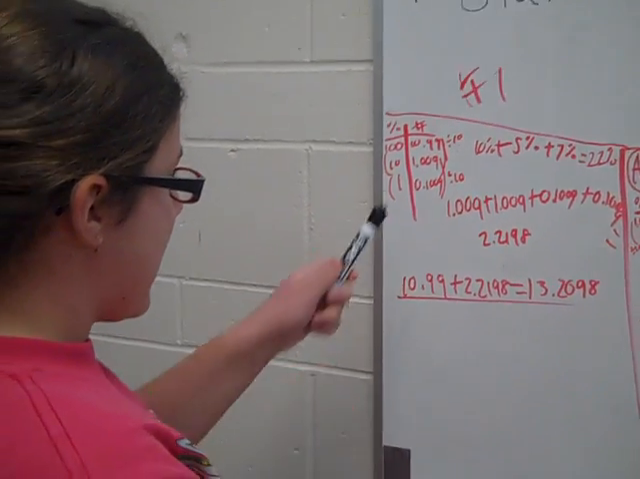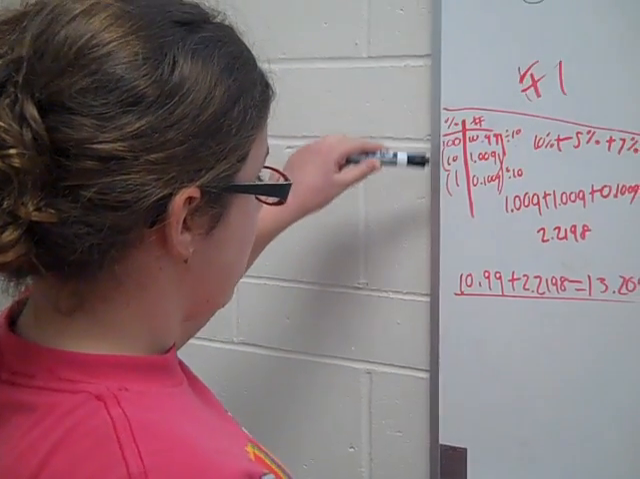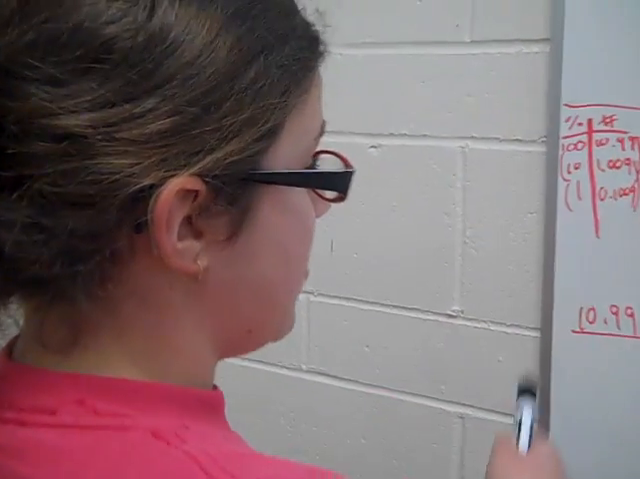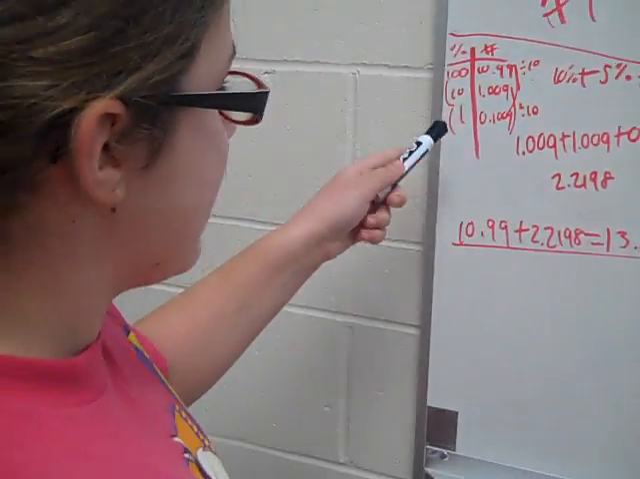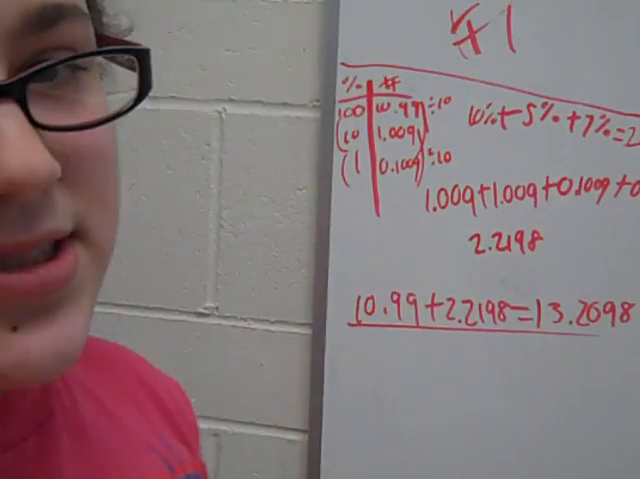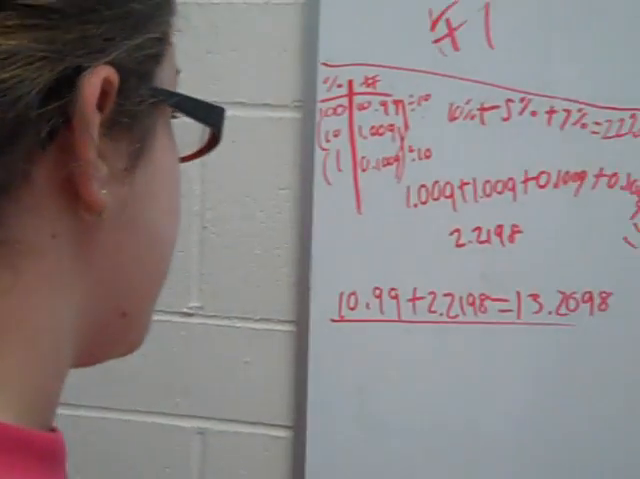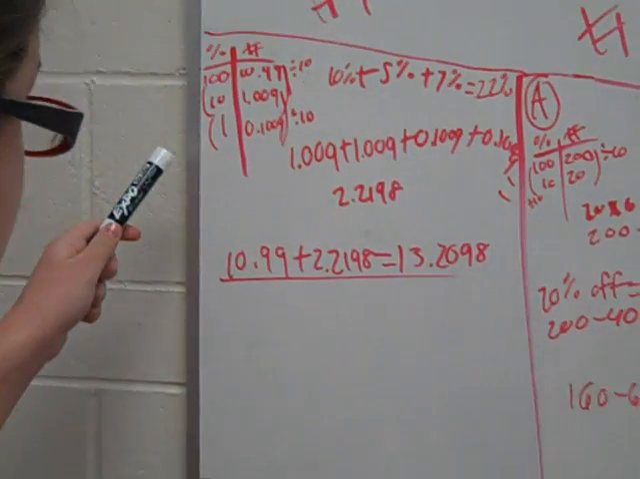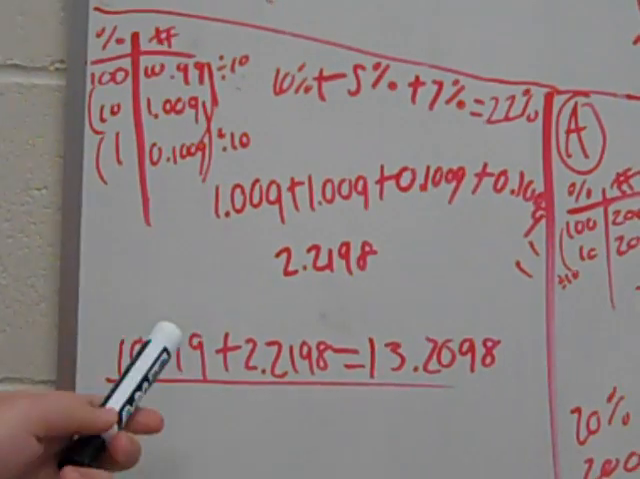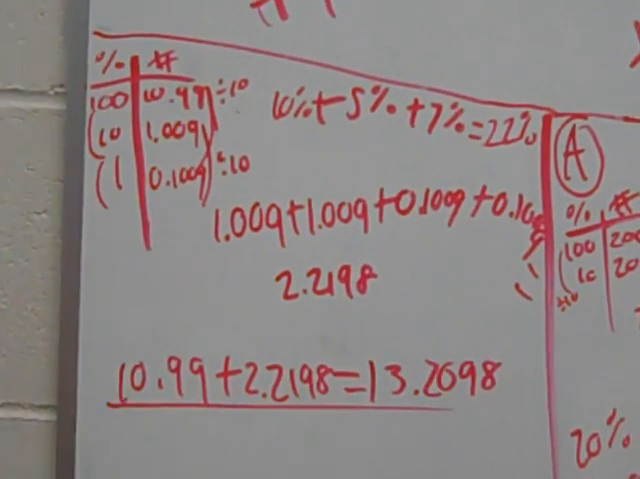So to find 10%, to get to 10, you divide 100 by 10. And what you do on one side, you have to do on the other. So 10.99 divided by 10 is 1.099. So we got the 10%, but now we also need to find the 1%. So 10 divided by 10 equals 1. So what you do on that side, you have to do on this side. So 1.099 divided by 10 is